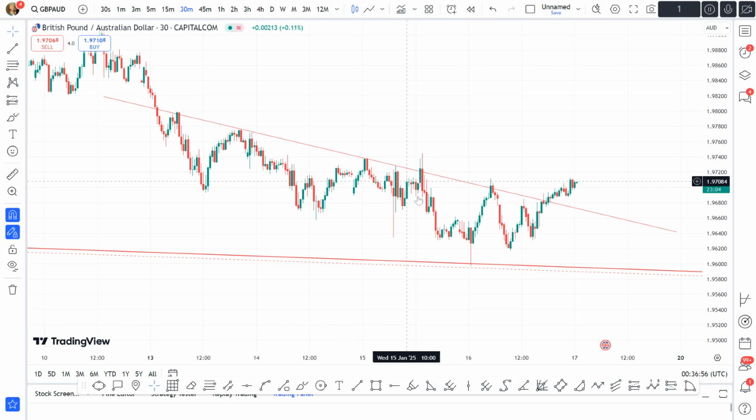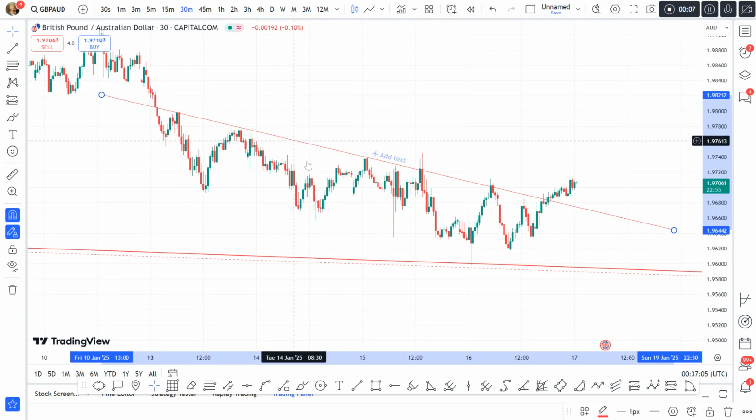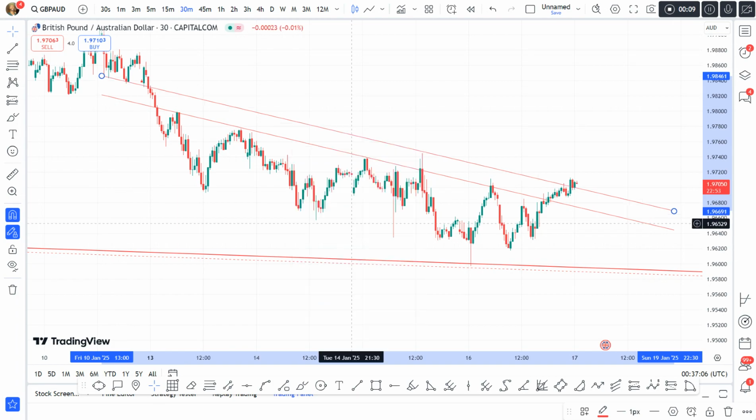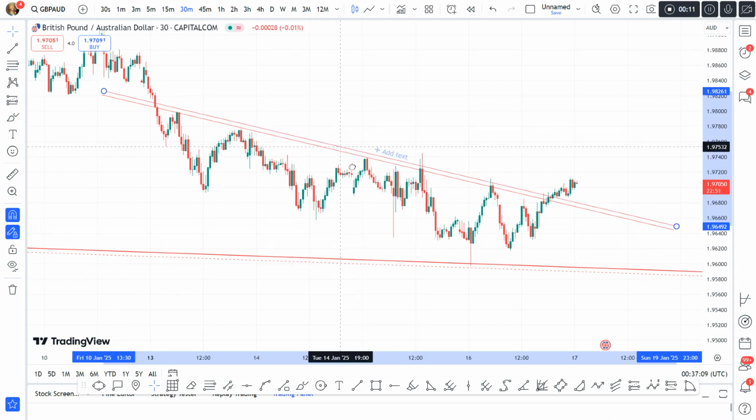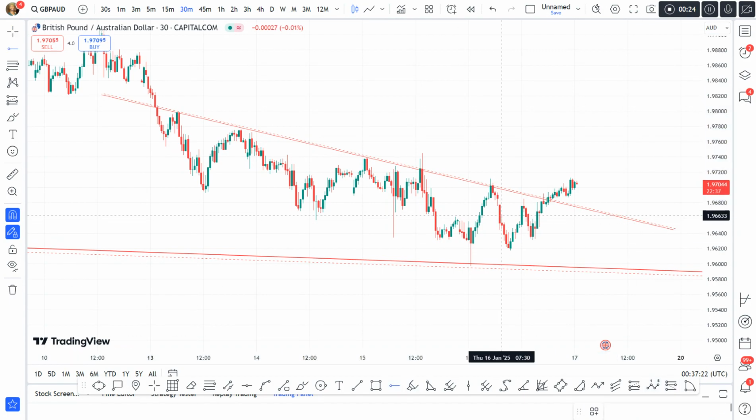British pounds, Australian dollar. We have a breakout from a descending trend line, a 30-minute descending trend line. Very nice price action, price breakout from that structure. And it feels good to see that finally the BOE are doing something to strengthen British pounds. So technically, I want to see a retest and potentially have another buy position after our analysis yesterday